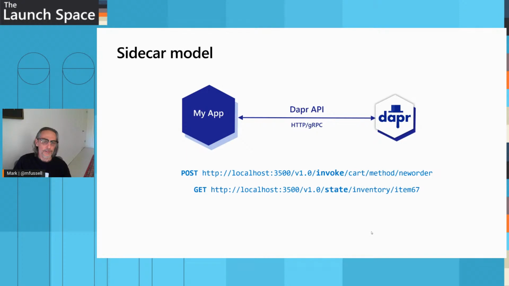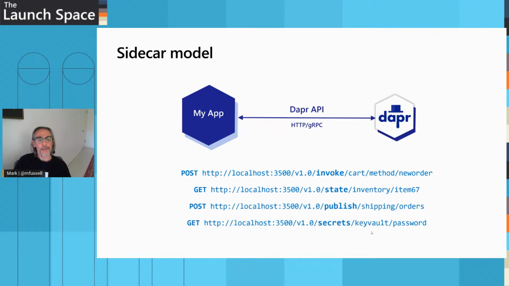You can do things like save state, or publish messages, and you can get hold of secrets, a very, very common thing to do. So say you wanted to get hold of that secret to access your database. Now you'd have to go in and effectively include your favorite SDK for the secret store you're going to use, say Key Vault. You have to put that all in your code. You have to make sure it all works. Well, instead, you can just say Dapr does all that heavy lifting for me. I can just use the secrets API to go off to Key Vault to get hold of the passwords, and Dapr takes care of that for you.